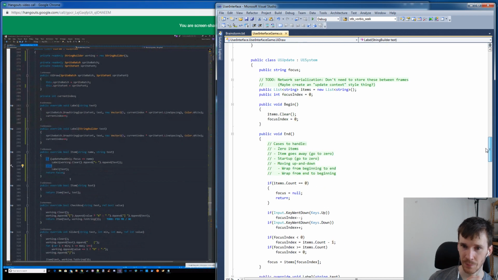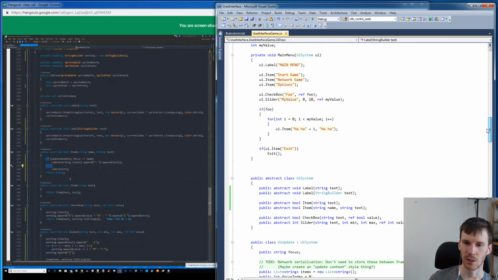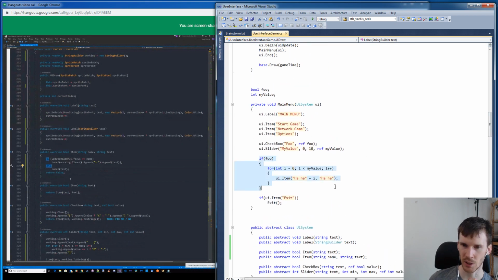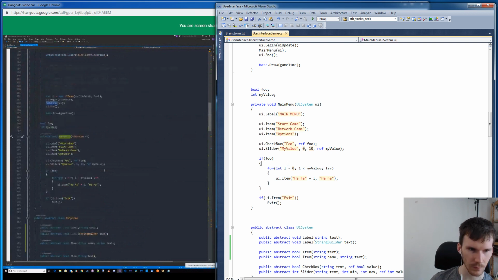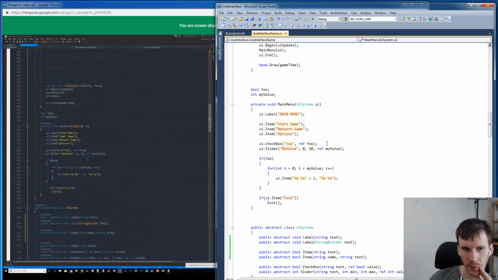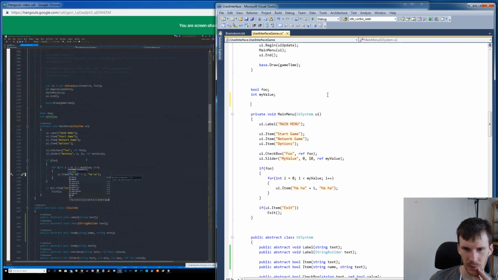So let's come up here and write the usage code first and try to do this one as a string builder situation. And what I want to do just before we do that is maybe